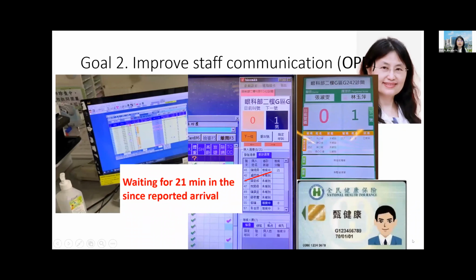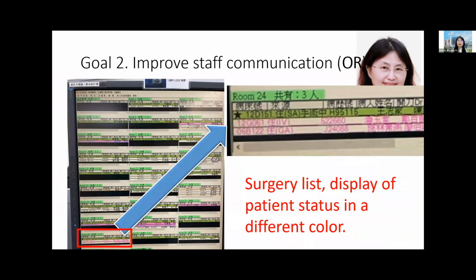At the outpatient service, the patients swipe their health ID cards outside the clinic to notify the nurse inside the room without disrupting the doctor and patients inside the clinic. Patients reporting their arrival are